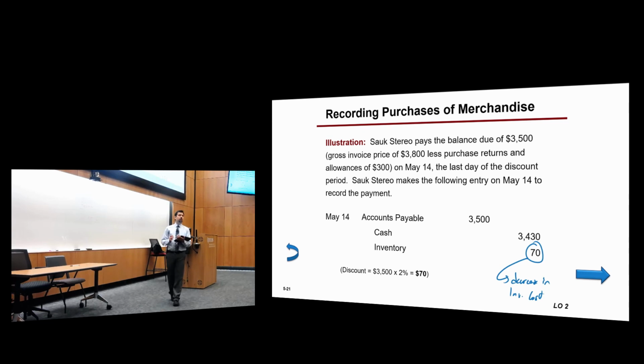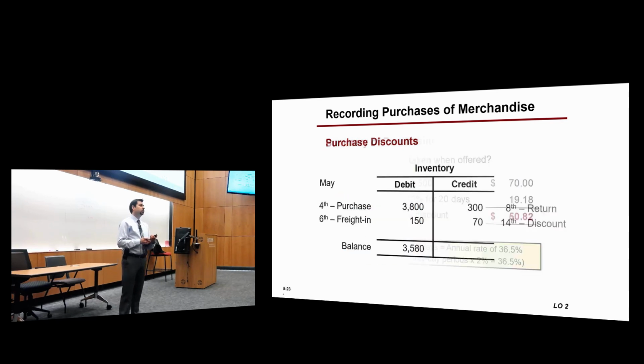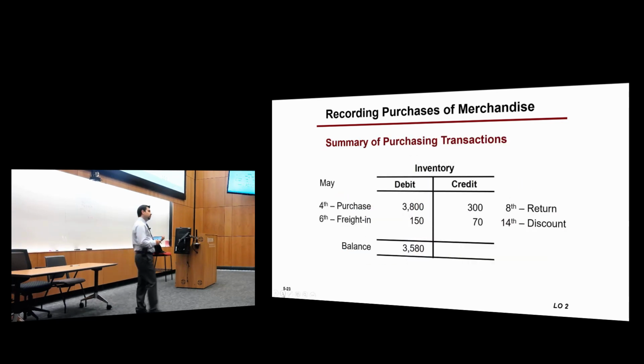So you see now the difference. What do you do when you have to record the purchase discounts? You debit the liability, the full amount, to decrease it. Then you credit cash, the full amount minus the discounts. And then the discount will be credited to inventory because it actually decreased the value of your inventory. And we just talked about this, why it is useful to actually take those discounts.